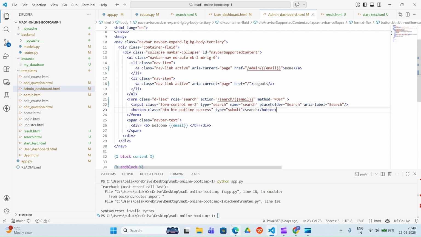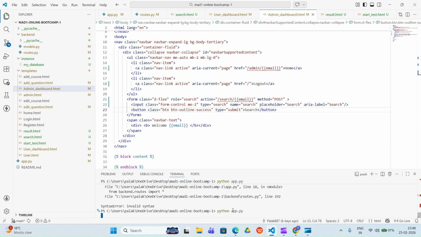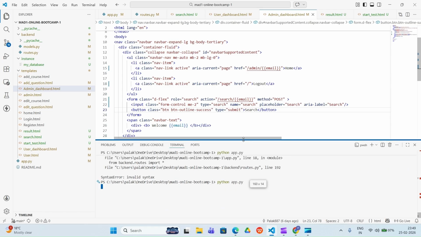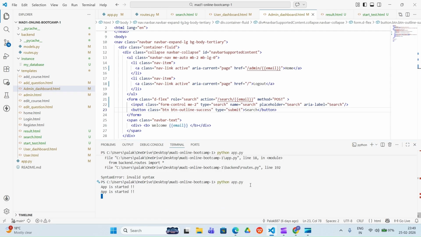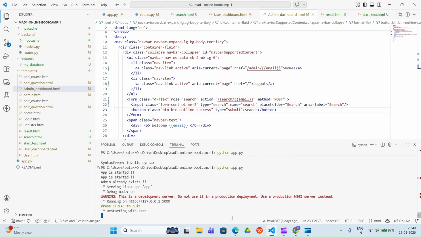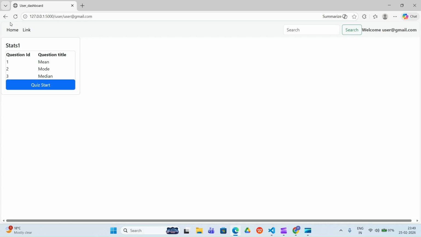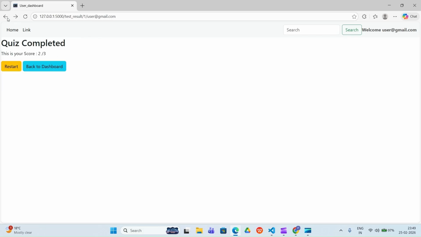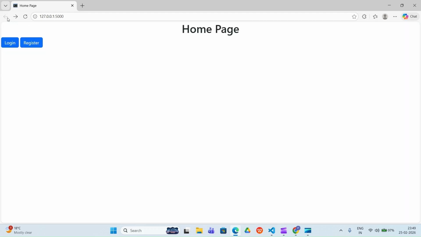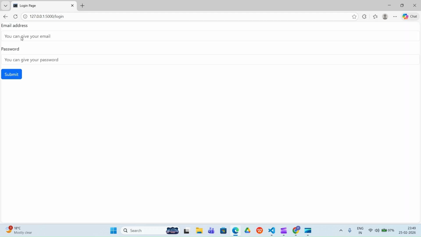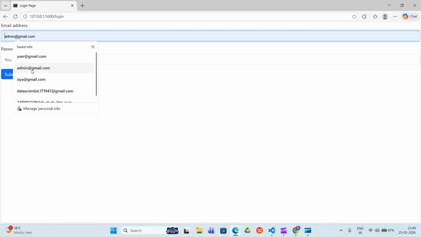So let's check whether it is working fine or not. I start the server, and now the server is starting and takes some time. Okay, now the server is started. Let me go back here, and go to the login page, and now we'll give the admin credentials here.